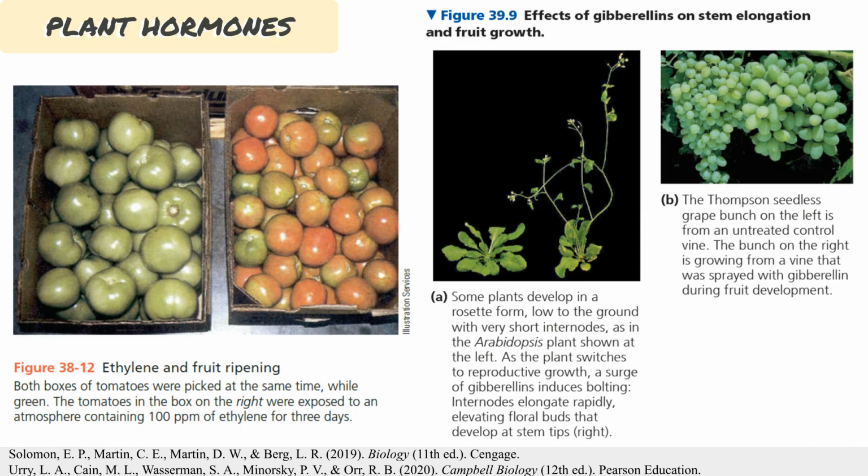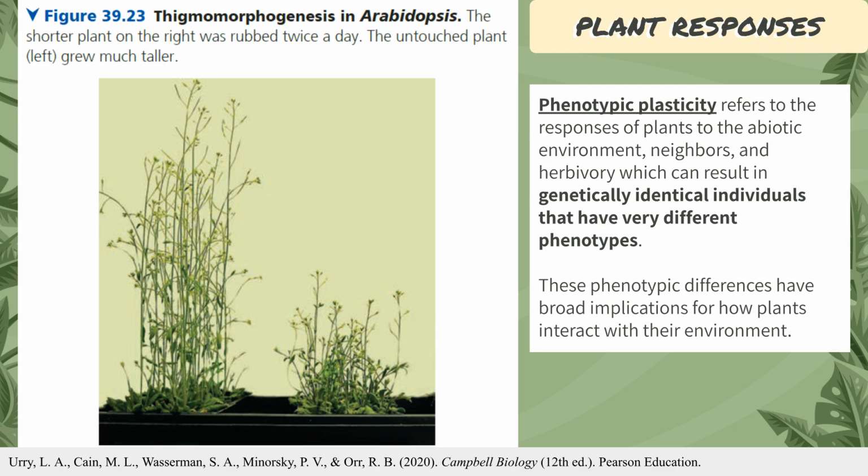Gibberellins also directly influence the size and development of fruit. For instance, spraying seedless grapes with gibberellin during their development results in significantly larger and more robust grape bunches compared to untreated vines. Thigmomorphogenesis is a primary example of phenotypic plasticity, which is a plant's ability to produce different physical